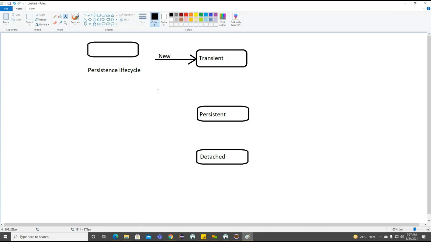So whenever we create a new object, it is connected with our transient state. From the transient state, it then moves on to the persistent and detached states, right?